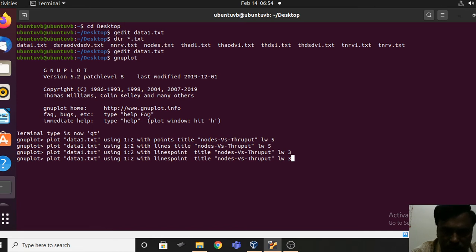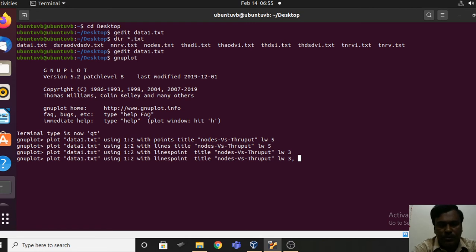After this you just put a comma and then once again you have to use this. This time, as you are plotting this second one also in the first one itself, once again you don't need to use this plot.